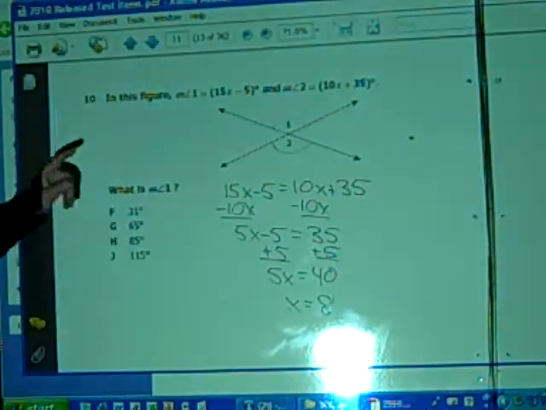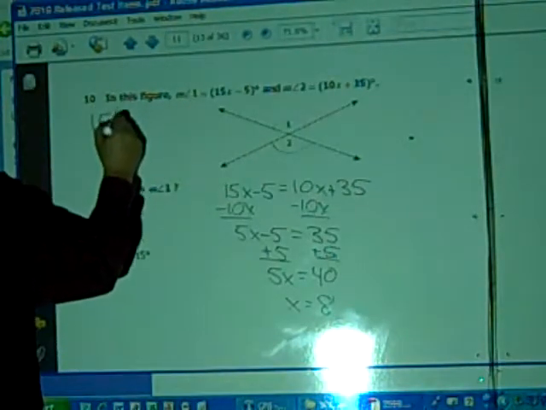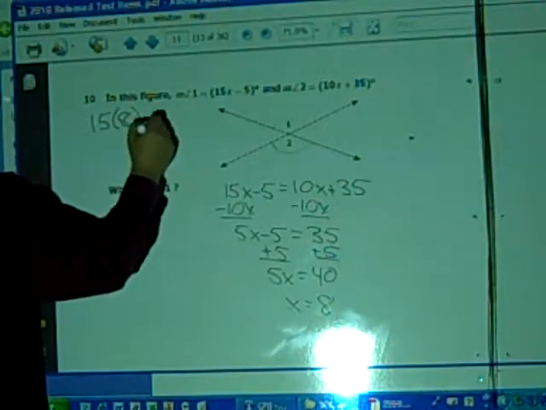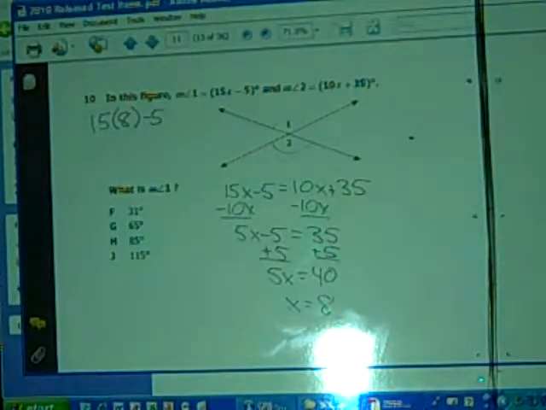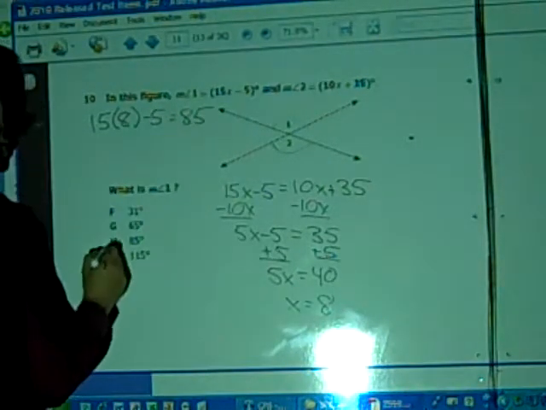8's not our answer because they asked us for the measure of angle 1, so that's up here. So we're going to do 15 times 8 minus 5. 15 times 8 is 90 minus 5 is 85. So 85 is your answer, and H would be